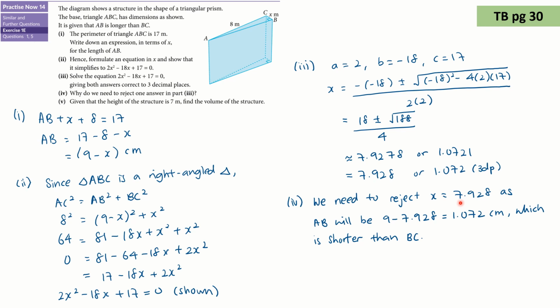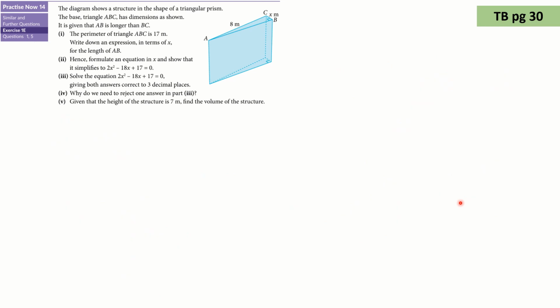And then to the last part, part 5, I'll move on to a new page. Given that the height of the structure is 7 meters, so keep in mind this is a prism. The height refers to the point B all the way to the base. Otherwise it can also be from point C to the base or A to the base since the height is uniform. We want to find the volume of the structure. So we first find out what is AB, which is 9 minus 1.0721 since we have earlier already rejected the other answer. So AB is equal to